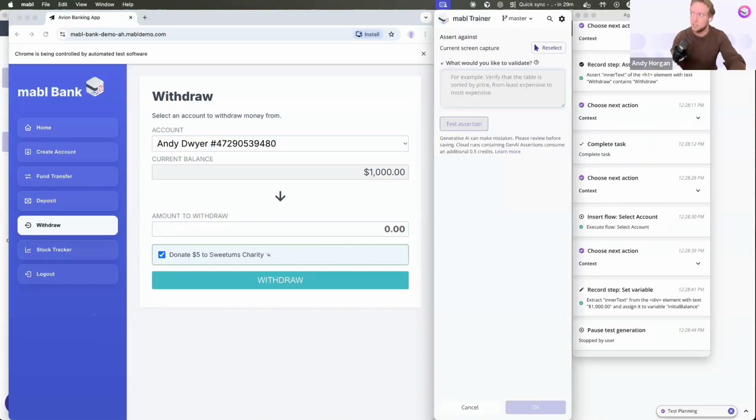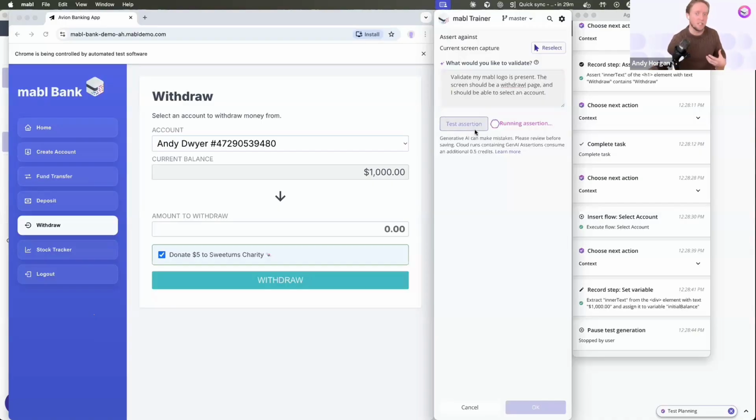whether it is a visual aspect such as validate my mabl logo is present. The screen should be a withdrawal page, and I should be able to select an account. So again, starting really basic here just to help demonstrate, but you can start to imagine or paint the picture of the different possibilities here,